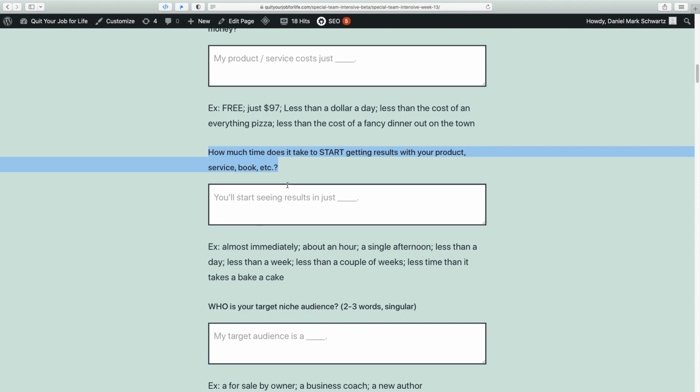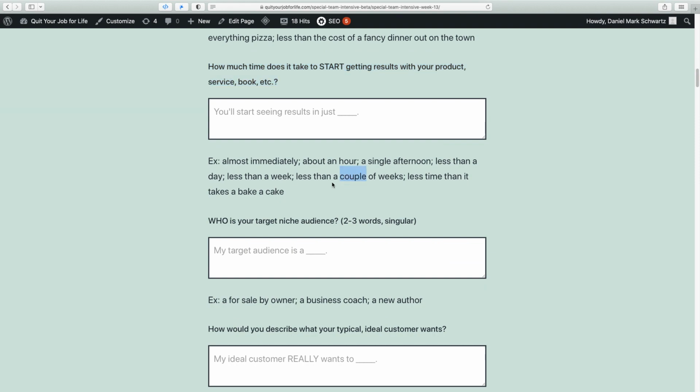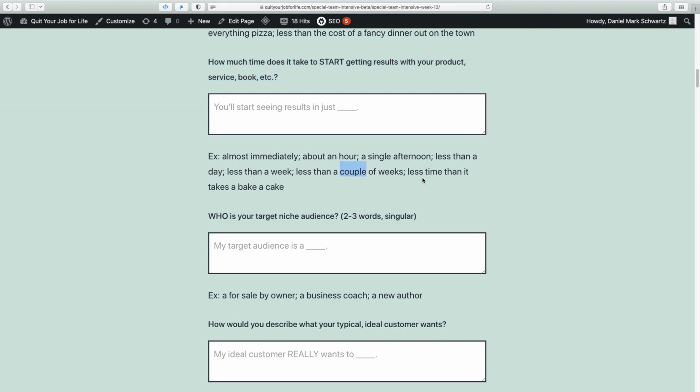And this doesn't mean they're an expert or a master or that they finished the whole course or anything like that. This is just when they would potentially see results. So weight loss, it might take a week, but you'll lose weight the first week, guaranteed, kind of a thing. Anyway, so they give examples almost immediately, less than a couple of weeks, less than the time it takes to